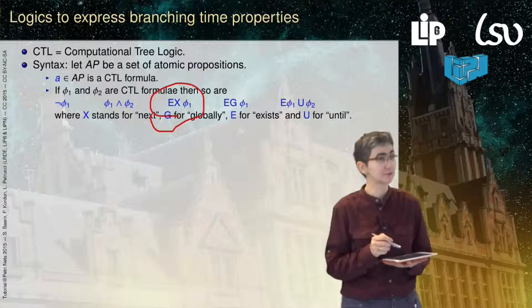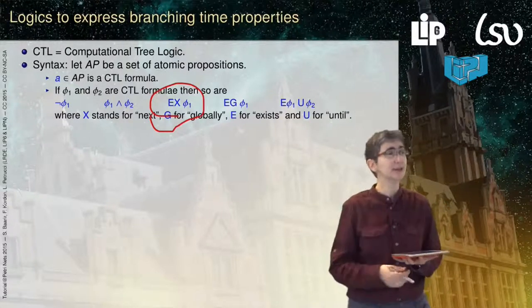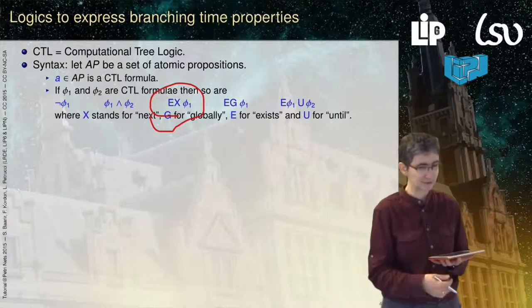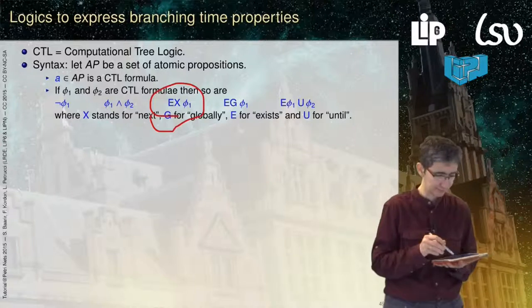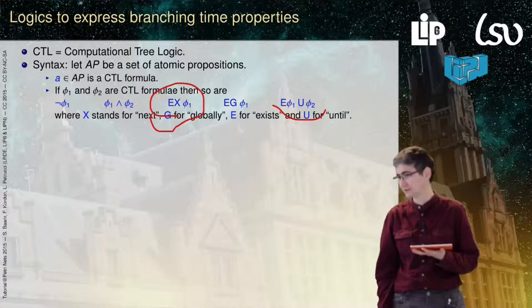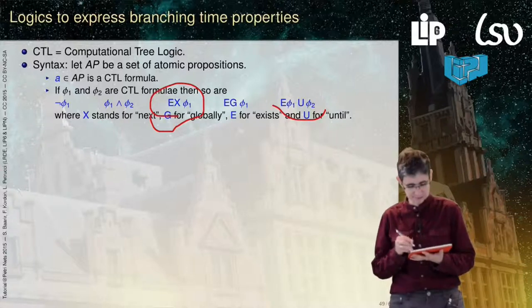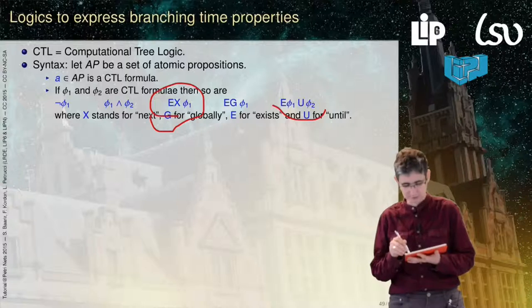Exists globally will help you choose between different paths and state that there exists a path where a property is globally satisfied. And similarly, there exists a path that satisfies phi 1 until